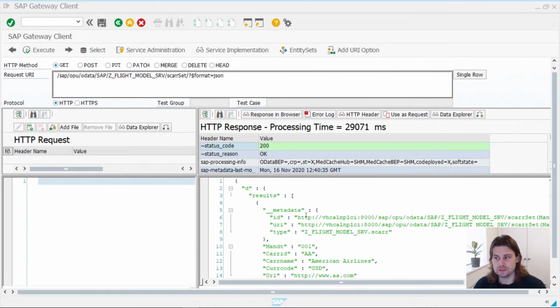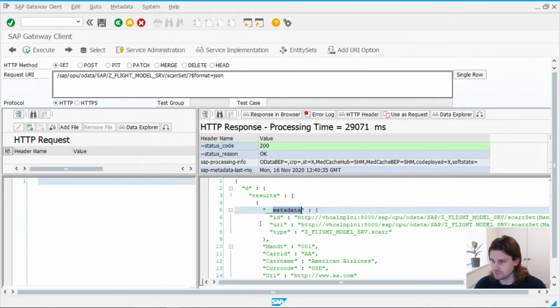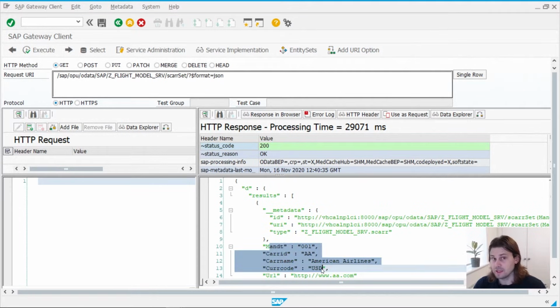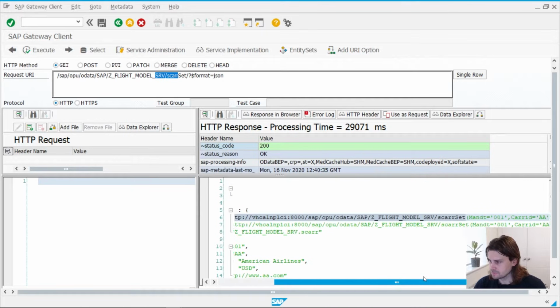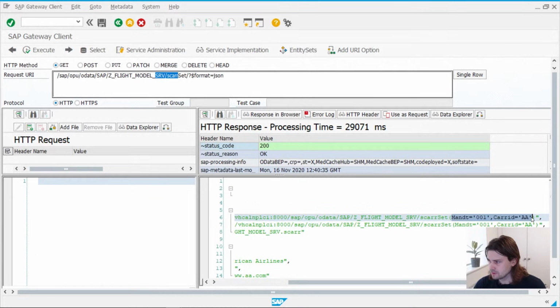Obviously when you call your entity set, you get a bunch of metadata here. Obviously this is in JSON format, but you would see it in your XML as well. For this particular entity, which is one of many entities in an entity set, you have a URL here, which is very similar to this one at the top, except you have these brackets with your client and your carried